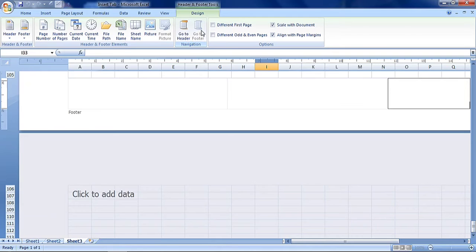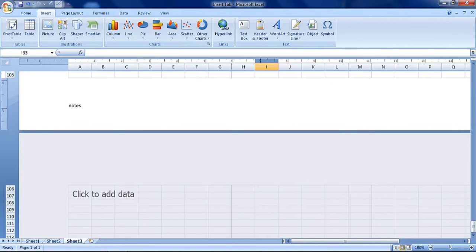Now the footer area appears. Again it is divided into left, center and right sections. Click on any section and type the required text. Here also we can insert page number, number of pages, like that.